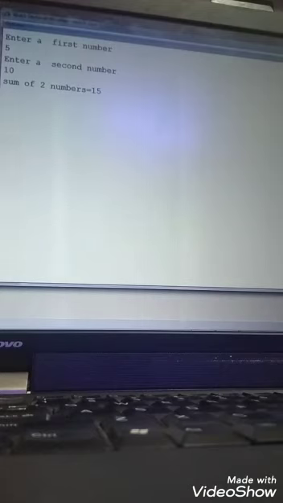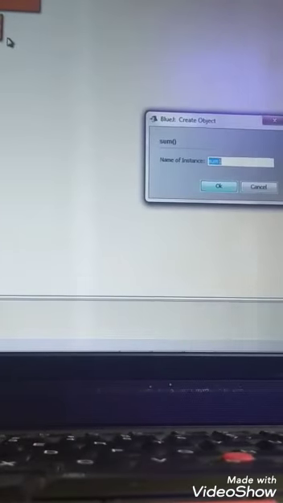Now you may be worried that we have created the object and it is not used anywhere. So we will tell you in the next method how we are going to pass the values using method call. See the same program, when you right click on this, you will see it's written new sum. When you click on this new sum, it will display one message dialog box which says